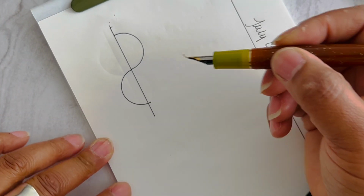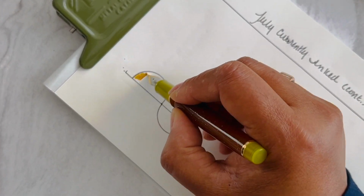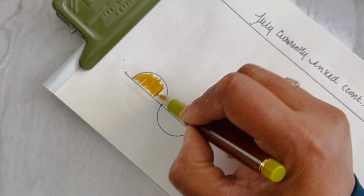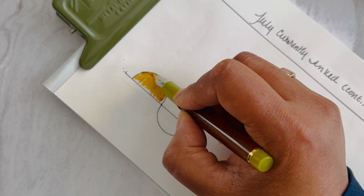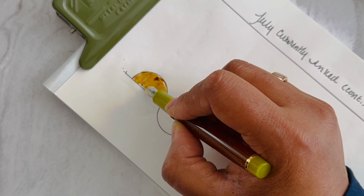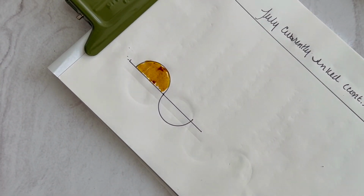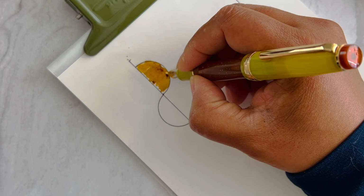I'm going to just scratch it out because I want to use this for drawing. So that's why if you see the color is similar, you'll understand, as you can see, as this nicely fills in the method to the madness of a Fude nib. And so I do believe that this Sailor 82 has the same ink as the previous pen that I just wrote,